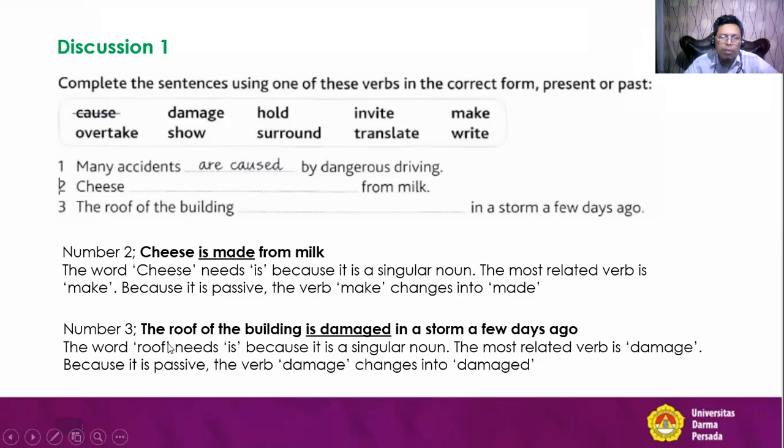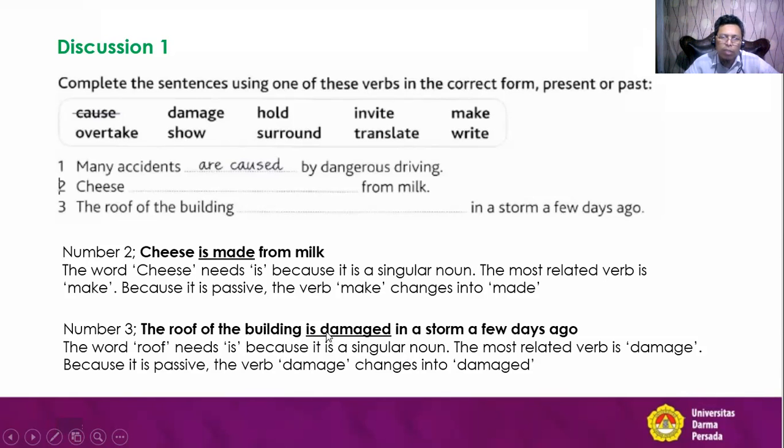The word roof needs was. I repeat again, this is supposed to be was because it is a singular noun and it is in the past. So we use was. The most related verb is damage. The roof damage must be connected because it is passive, so the verb damage changes into damaged. Okay. Before we go on to the next page,